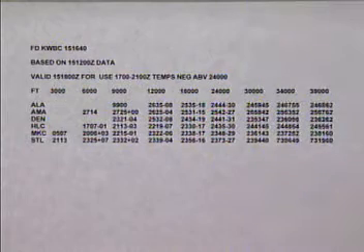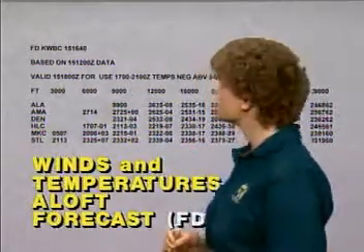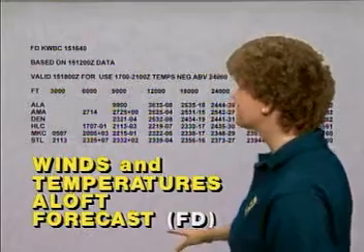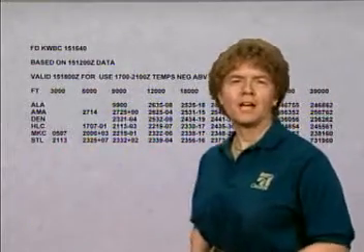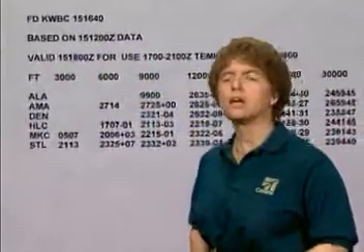So as you might guess, the weather folks have designed a table to give you everything you always wanted to know about winds aloft, but were afraid to ask. It's called the Winds and Temperatures Aloft Forecast, or FD for short, and it's produced twice a day. So let's take a look at the Winds Aloft Forecast for Hill City, Kansas, HLC, and see how to read